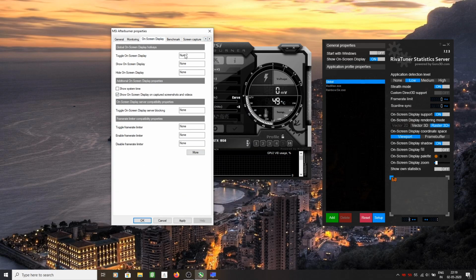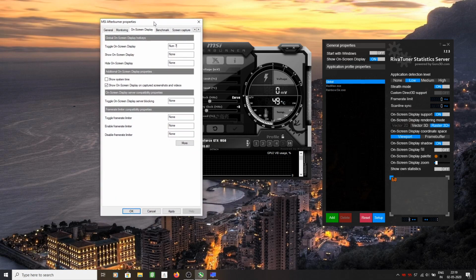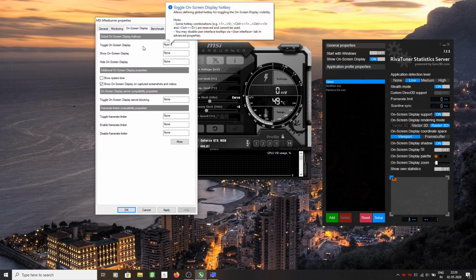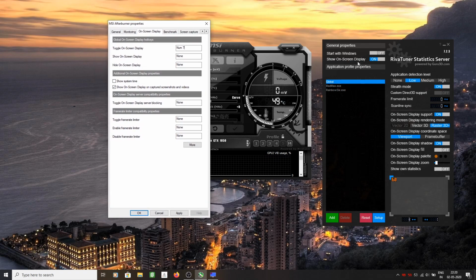after this, you go to on-screen display, and you can set a toggle on-screen display shortcut key. If you are playing games and you wanna check your temperature, you can click on it to turn the on-screen display on, and it's gonna appear in the top left corner with all the info that we are gonna read. Sometimes it can be distracting, so you can use the shortcut key while gaming to turn it off, or you can go here and click on and off to turn it on and off. For this you'll have to actually minimize your game. If you press here, then it's a shortcut key. So